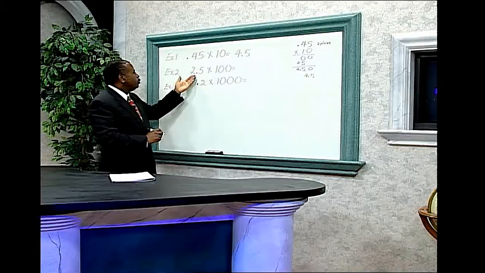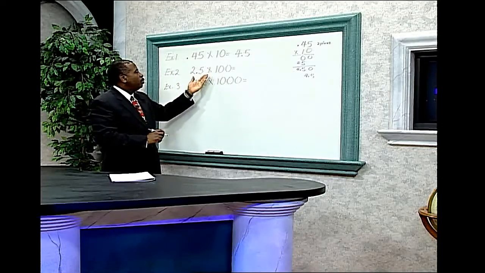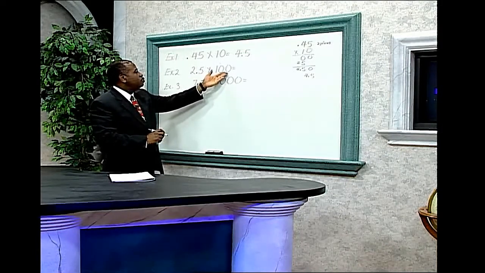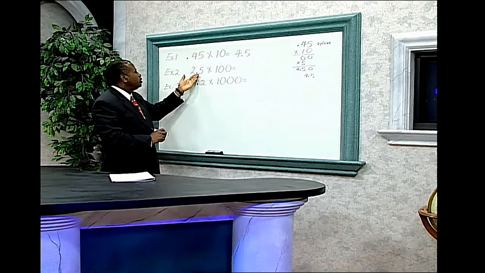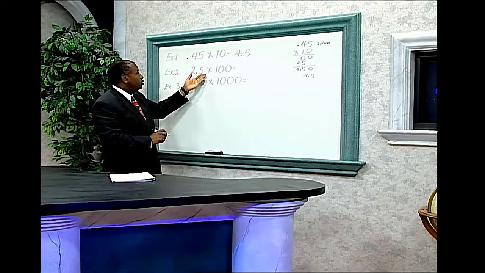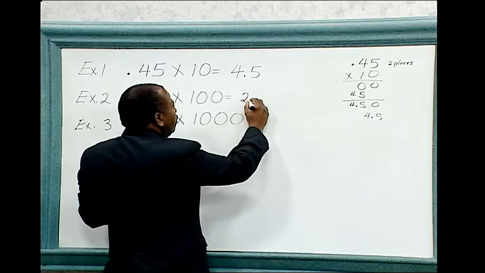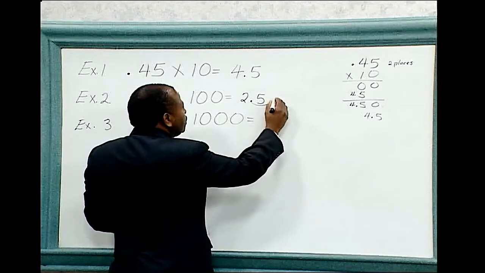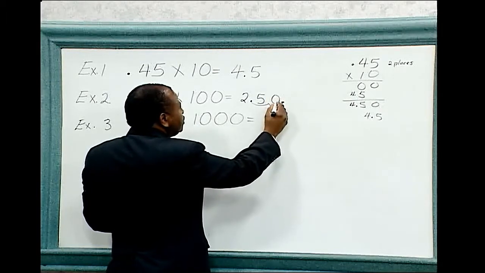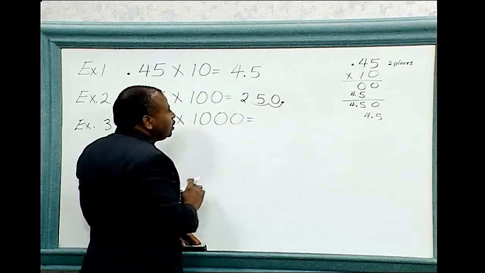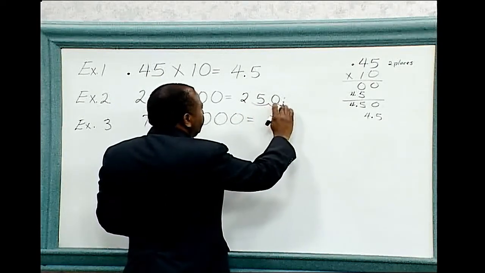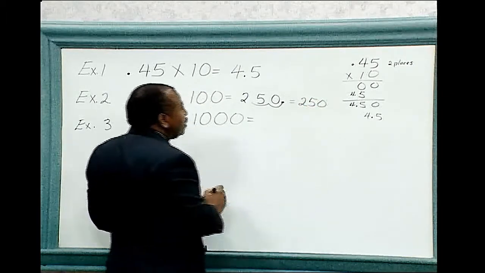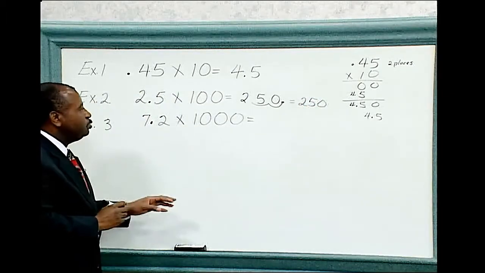Example 2: 2.5 times 100. The 100 contains two zeros. Therefore, to multiply 2.5 times 100, I would have to move the decimal point two places to the right. 2.5, 1, 2. I add a 0 to fill in this space. 250 is the answer, and I can leave the decimal point off because 250 point is